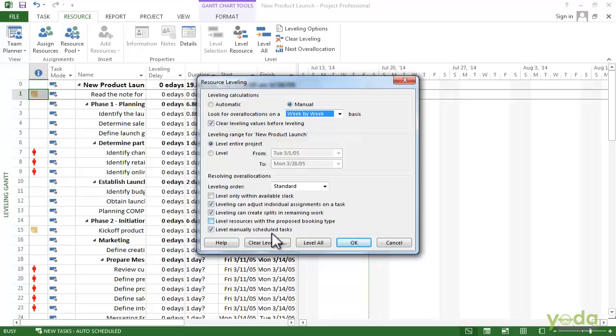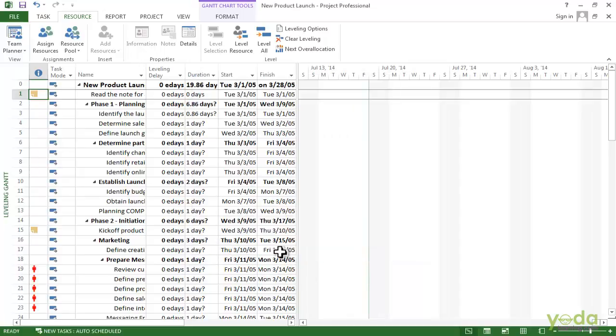The last checkbox, leveling manually scheduled tasks, is also turned on by default and you want to keep it that way. Once all the options are set, just click on OK. Project will use those options every time you level until you go back in and change them.